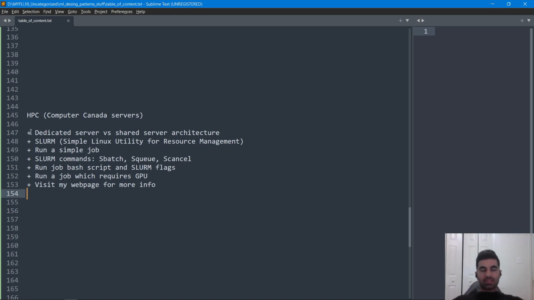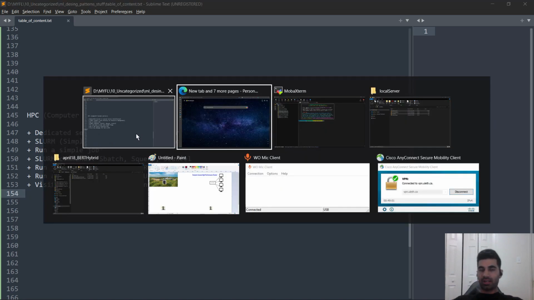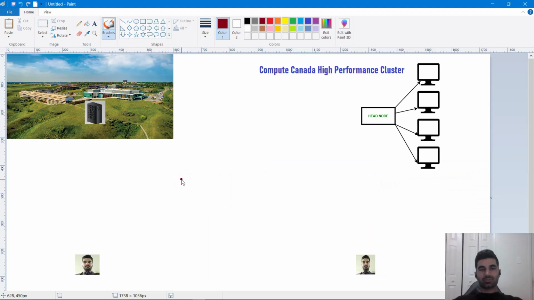Alright, these are the topics that I'm going to elaborate on: dedicated server versus shared resource architecture, and also a resource management tool, and other topics about how to submit a job, how to run, quote unquote, your application on a server. So so far we have seen the left case scenario, which was the local